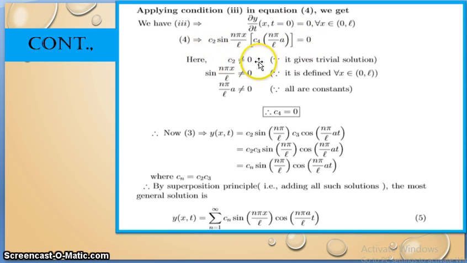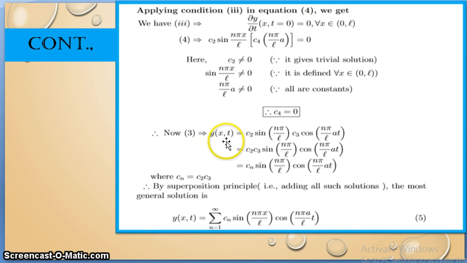Already we know that C2 is not equal to 0. Suppose we put this one equal to 0, it means the whole problem vanishes. Therefore here we take sin n pi x by L also not equal to 0. Everything here is not equal to 0. If you put any value, the whole thing vanishes. So this trigonometric function is not equal to 0, this C2 is also not equal to 0, then n pi by L into a is also not equal to 0. So from this case C4 must be 0. Therefore substitute C4 equal to 0 in equation number 4.